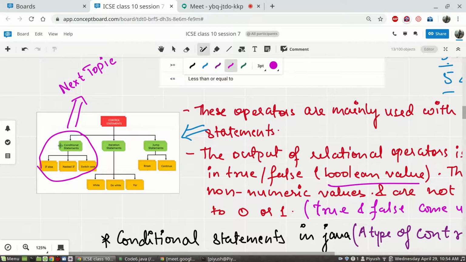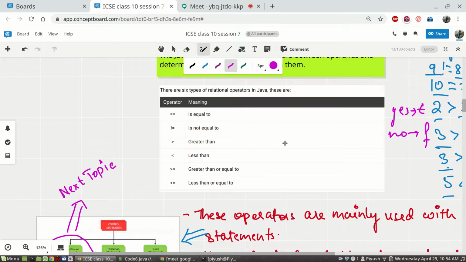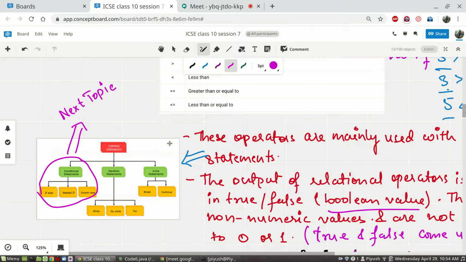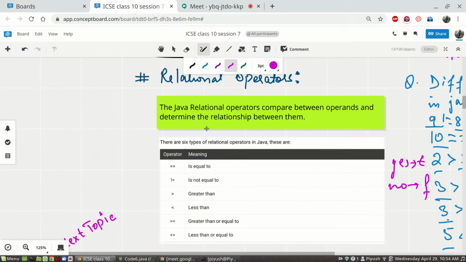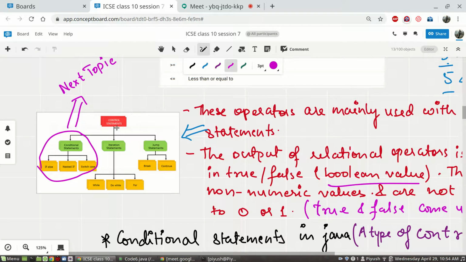So these three types use relational operators extensively, that means hugely, to solve the problems. So why we are learning, because these relational operators will be used by the control statements. And what are those control statements? Conditional statements, iteration means repetition, so repetition statements, and jump statements, that is break and continue.